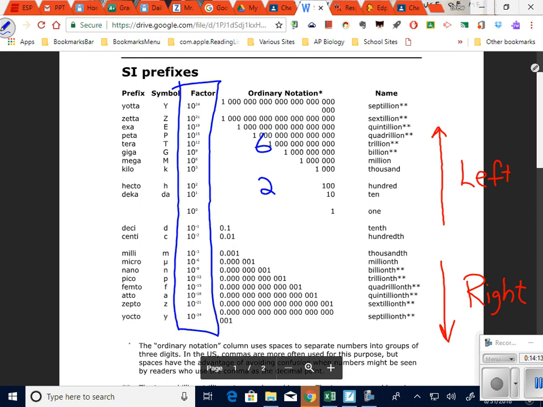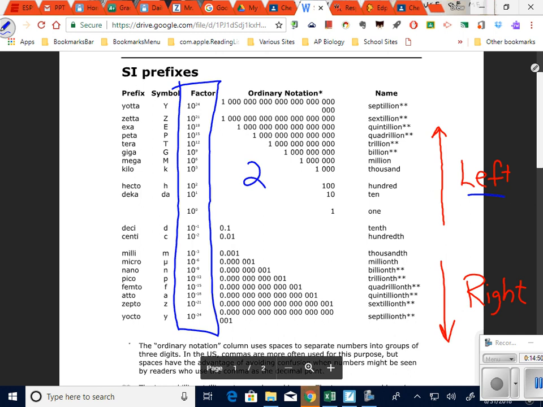Well, how many jumps to get from 2 to 6? 4 jumps, right? That's 4 jumps. What way am I going? I'm going up, so that tells me jump it left. So if I'm going from hecto to, what did I say, mega, I jump the decimal 4 to the left. Nice and easy. Okay? Let's say that I'm going from